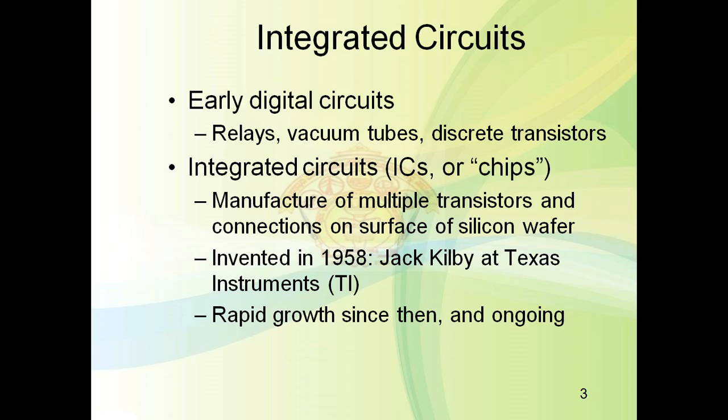In this topic we will proceed with the first point, that is integrated circuits. Early digital circuits were constructed using relays, vacuum tubes, and discrete transistors. In an integrated circuit, the complete circuit is formed on a single silicon wafer. This reduces area and cost tremendously, increases the reliability of the circuit, and makes it easy to handle.